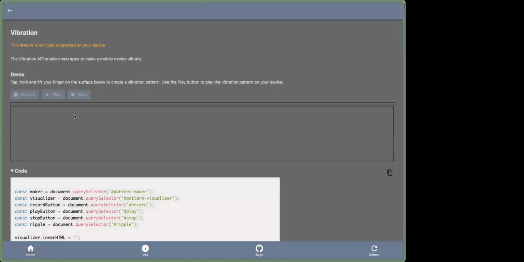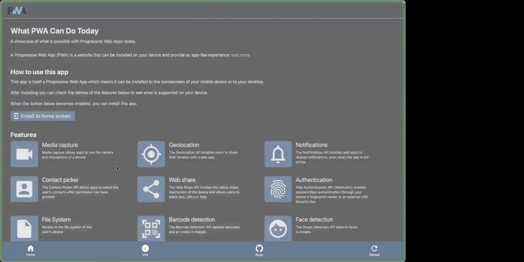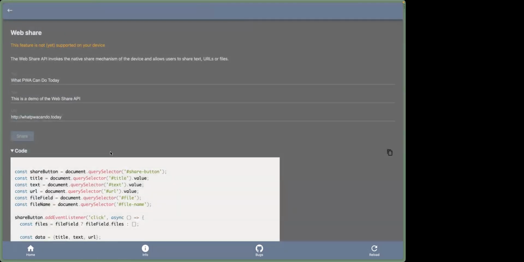Certain devices can't do things, right? And this feature is not supported on your device. So it's kind of nice. This website specifically gives you device text. So if you had an Android device, maybe it would say, yes, you can. And if you had an iOS device, it would say, no, you can't. And on my Mac device, it doesn't like it. The web share thing,